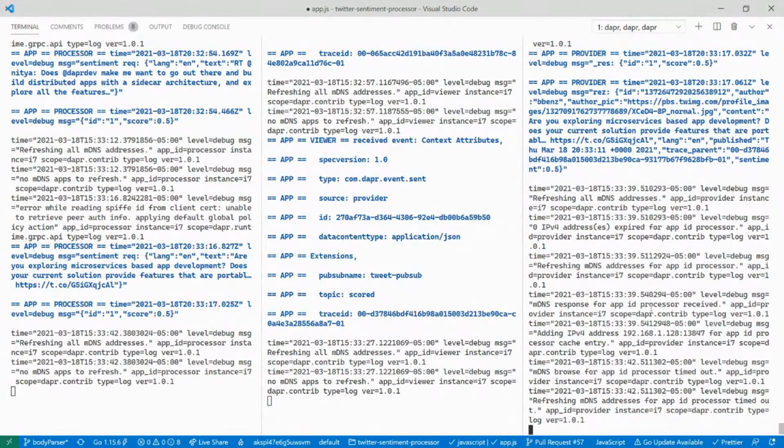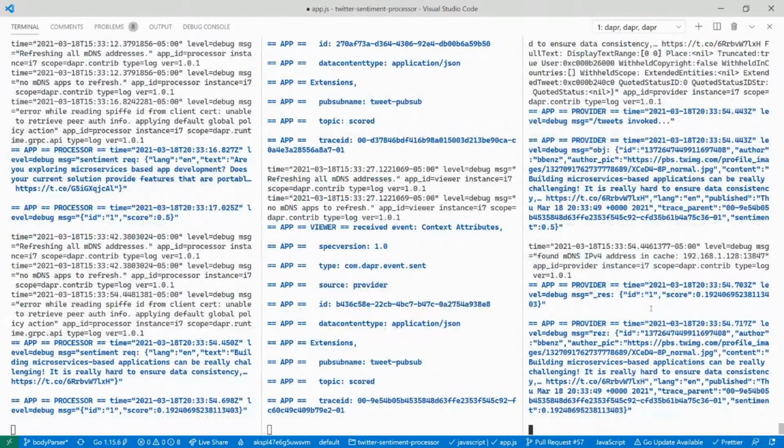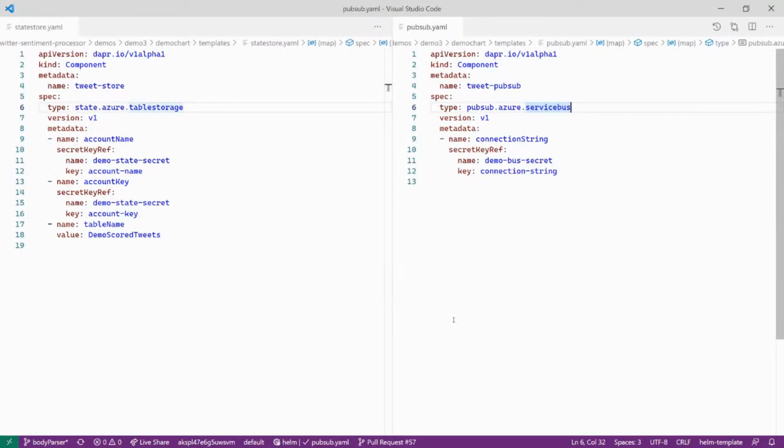Now that I see the application working locally the way that I want, I want to move it to the cloud. But when I move it to the cloud, I'm not going to use Redis as my backend. I want to use some of the cloud-based products that we have instead. So if I were to come over here and look at the two things that I changed, the two files that you're looking at right now are the only two files that I had to change to take my application from my dev machine and move it inside of Azure. I simply said, I want to start using Azure Table Storage for my state store instead of Redis. And I want to start using Azure Service Bus for my pub/sub instead of using Redis.